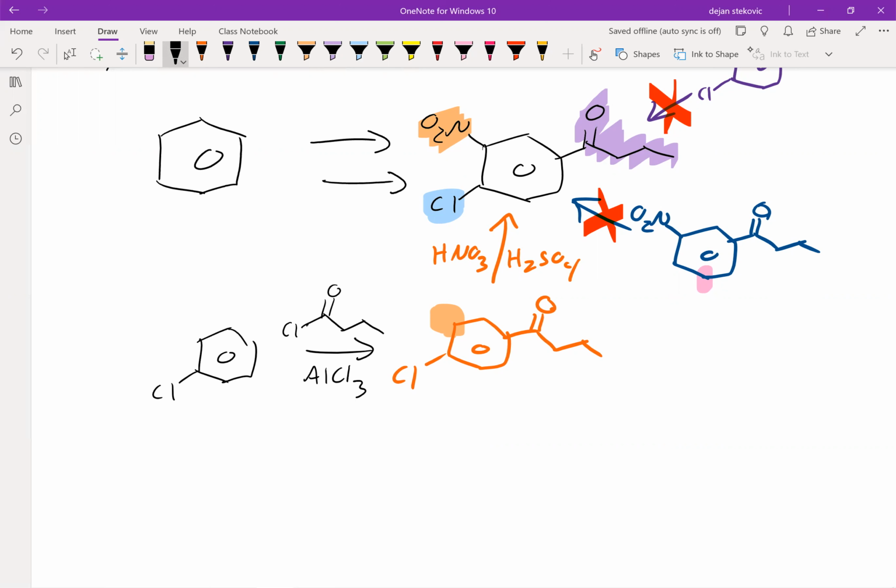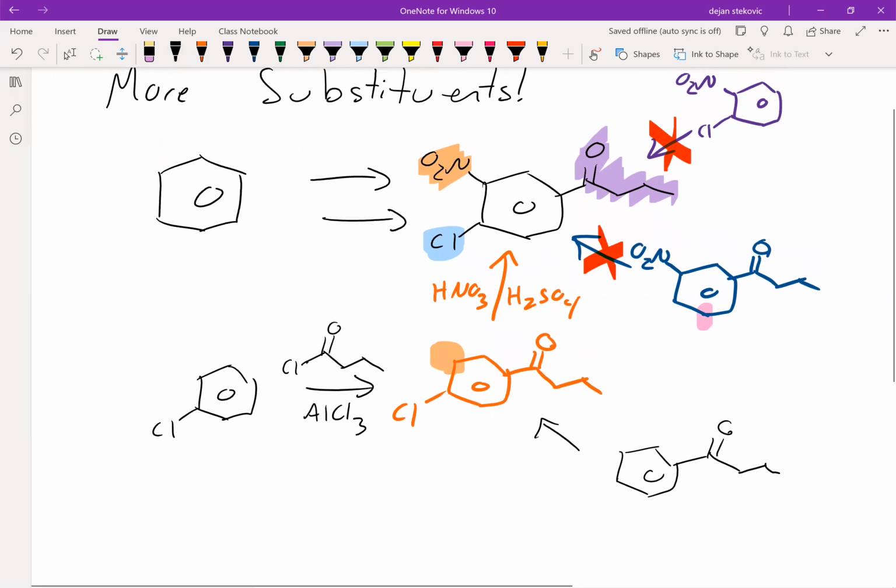If we try to add the acyl in first, if we try to do that, that would be a meta director. So the chlorine's not going to go in the correct position, right? So the chlorine has to have been there first. That'll direct it to the para position, also some ortho position, but the para will be slightly preferred due to sterics. And then finally, to get the chlorine here, that's pretty simple,